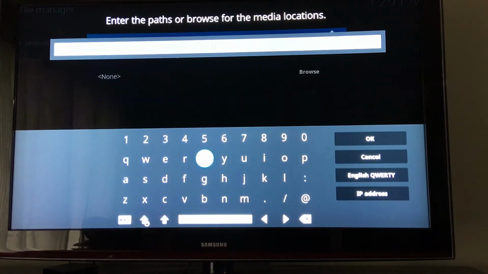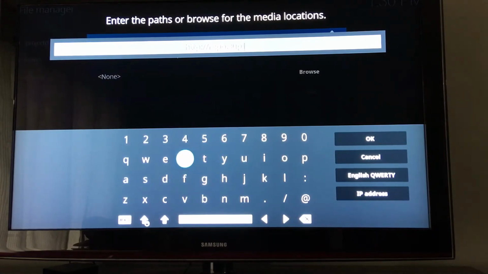So we need to type in http:// repo, R-E-P-O, dot, supreme, S-U-P-R-E-M-E,